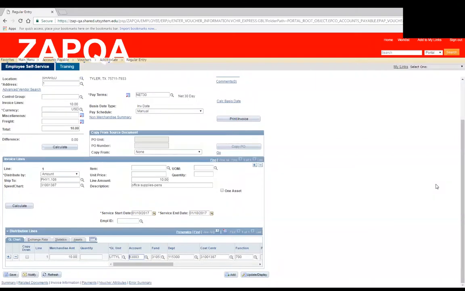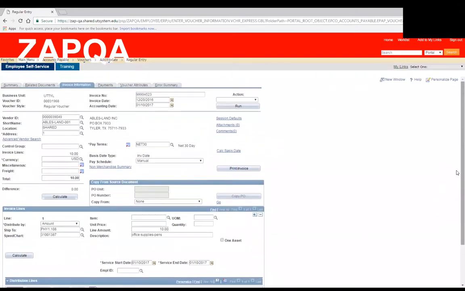On the Invoice Information tab, which is where Faye is now, we want to draw your attention over to the right-hand side where it has the attachment function. Now, I know when we had the training for travel and expense, we talked about attachments with travel and expense, and I think a lot of you are using those now. With vouchers,